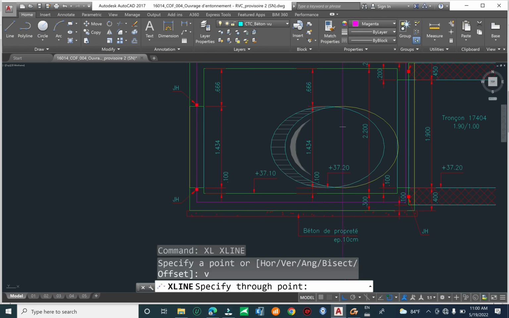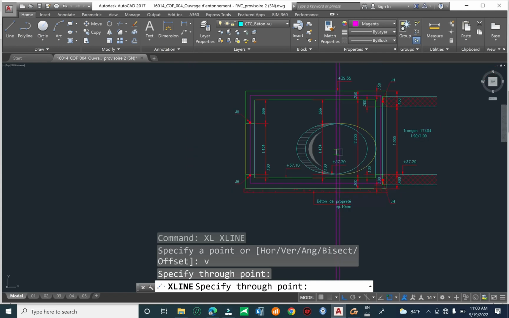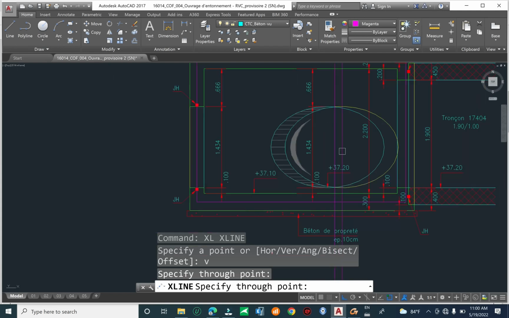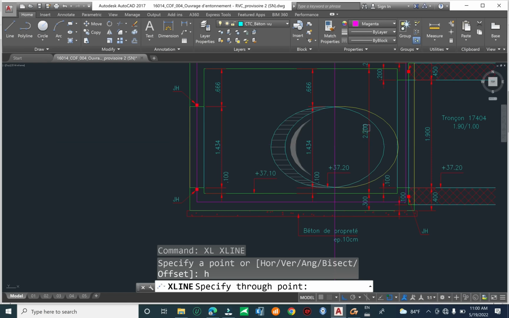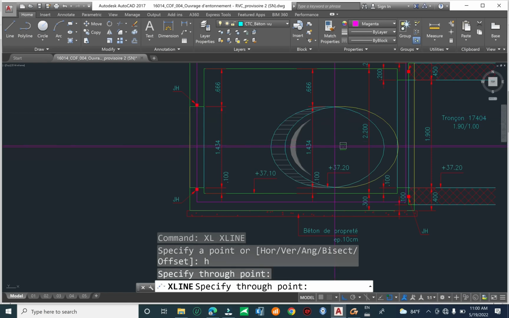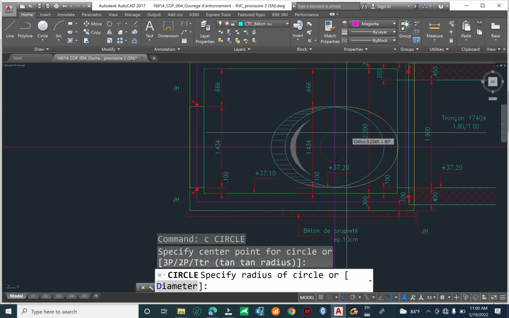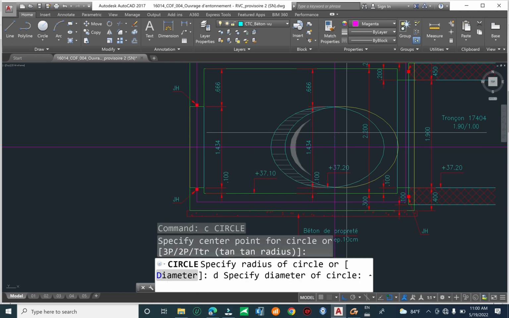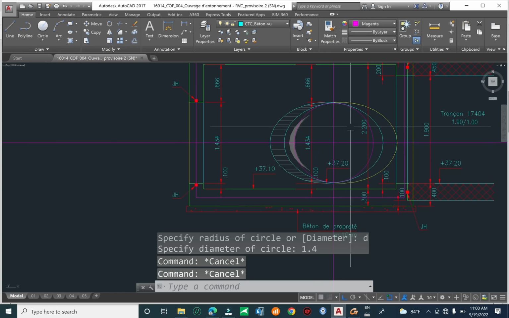Enter the vertical, and enter the horizontal, C, enter, and type the diameter, 1.4. Okay, this is the diameter and location of the